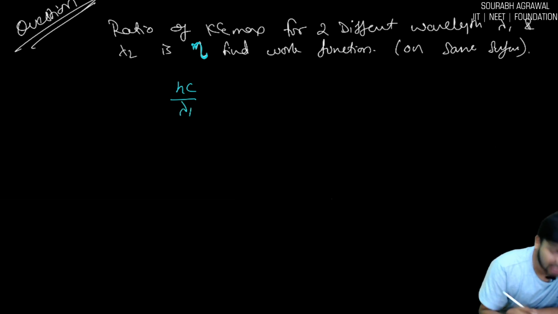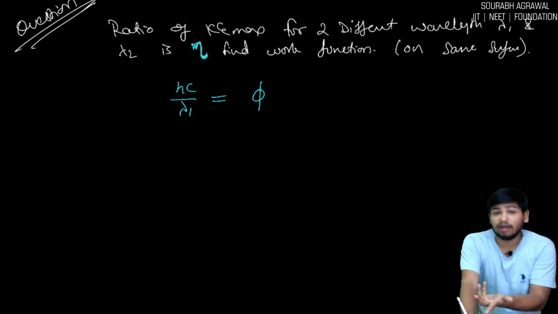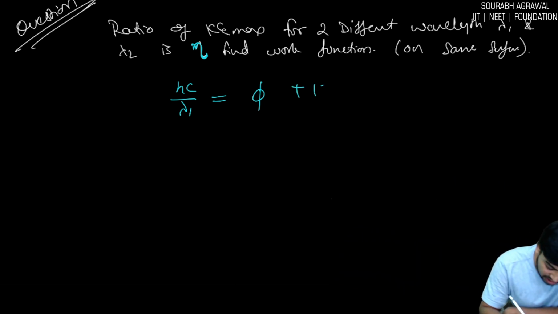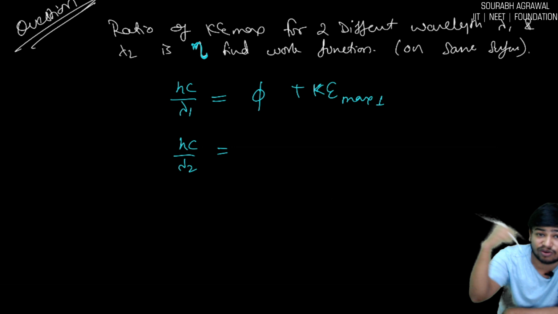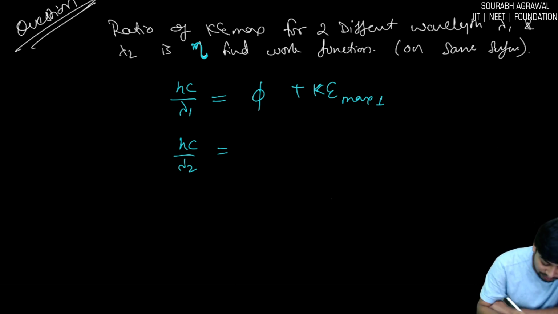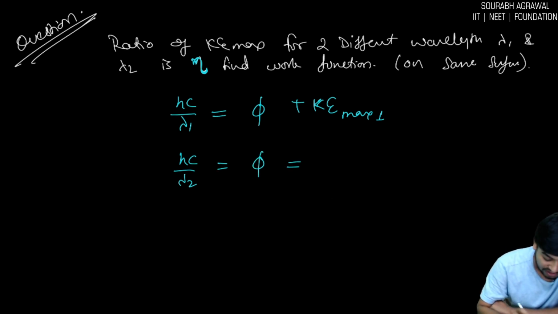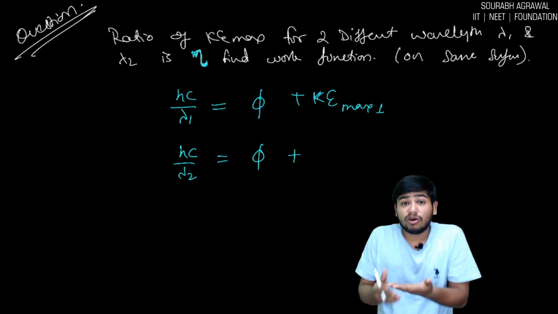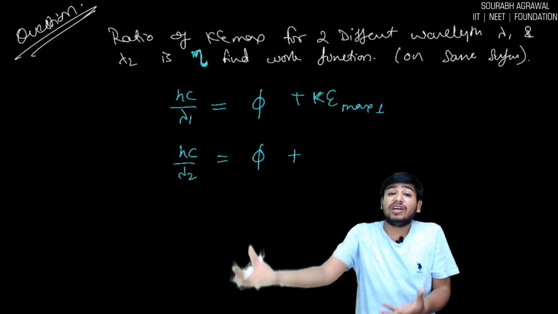hc by lambda 1 is the total energy that you are giving, which will be equal to some work function, since some energy is lost in the work function, plus the maximum kinetic energy 1. I am talking about lambda 1. Kinetic energy corresponding to lambda 1 is kinetic energy maximum 1. Similarly, hc by lambda 2 is the total energy that you are giving from the second wavelength, which will be equal to phi,